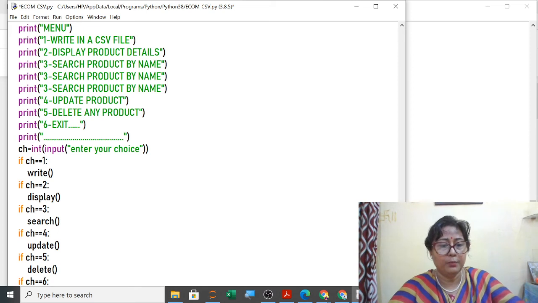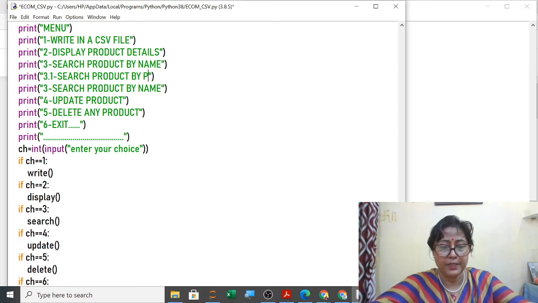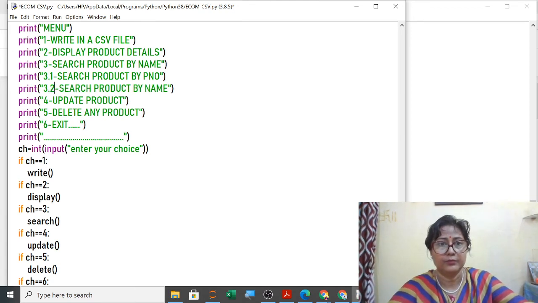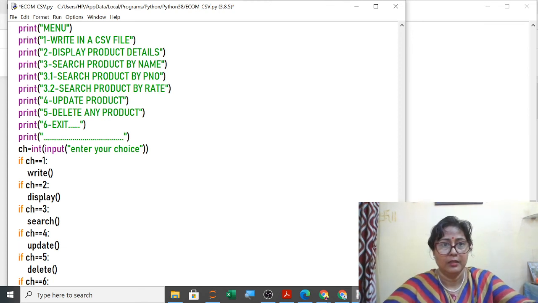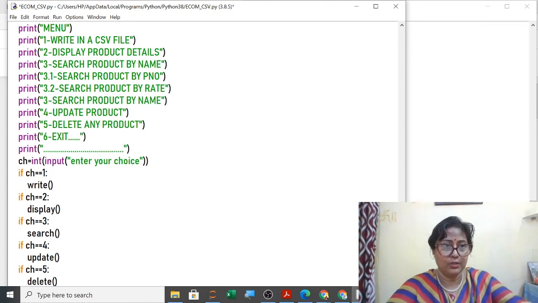Now 3.1 will be product number, so PNO, and then the 3.2 menu will be by rate. If you want, by quantity also you can do that.